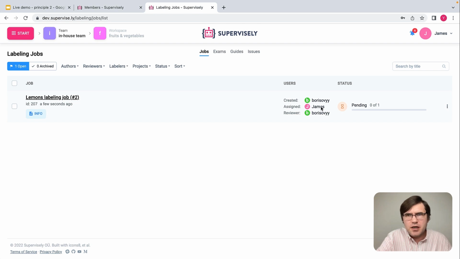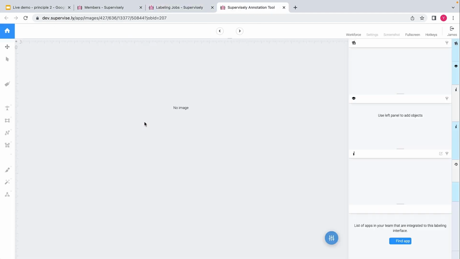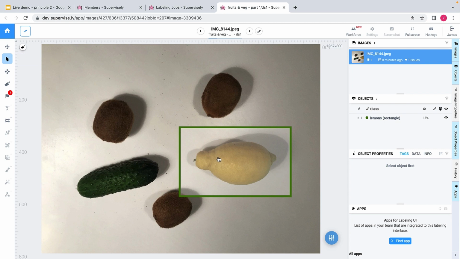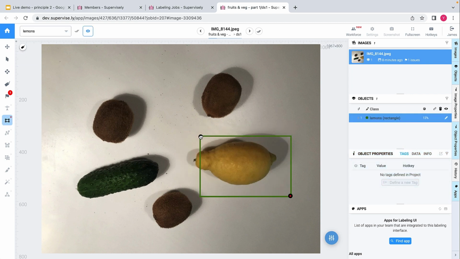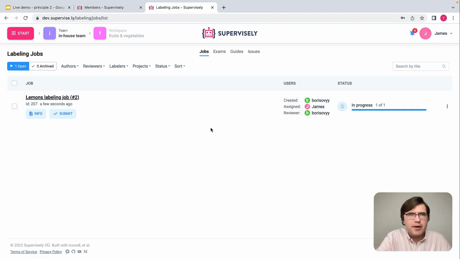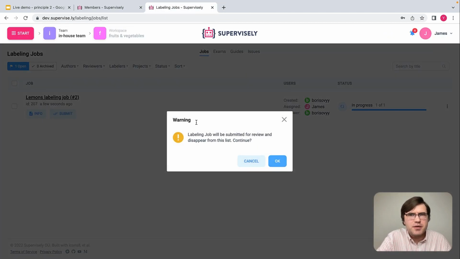So now I see that James has, I'm James right now, and I have this labeling job, and this labeling job just contains one image like this, which I can actually go and correct. So it works like this. And then I will just confirm that now it's okay, and I will submit these images, this labeling job with